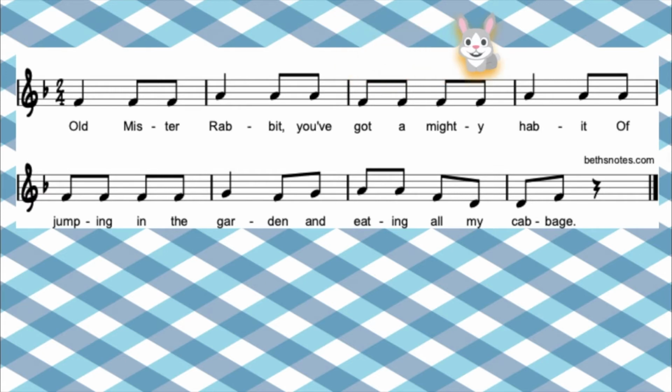Got a mighty habit of... Ready, go. Got a mighty habit of... Nice. Let's try that whole first line. Ready, sing. Old Mr. Rabbit, you've got a mighty habit of... Great. Let's try that one more time. Ready, go. Old Mr. Rabbit, you've got a mighty habit of...